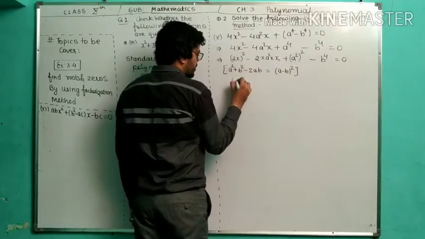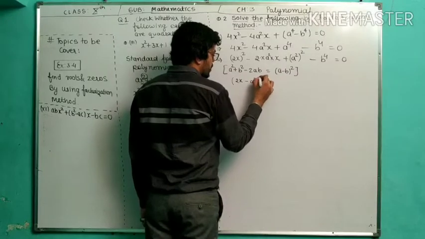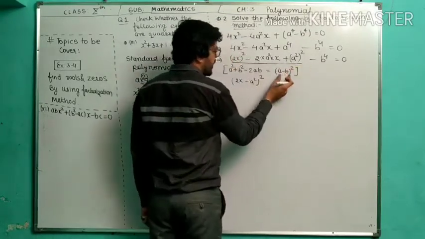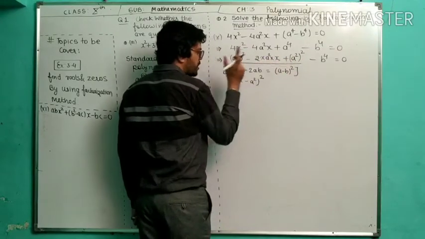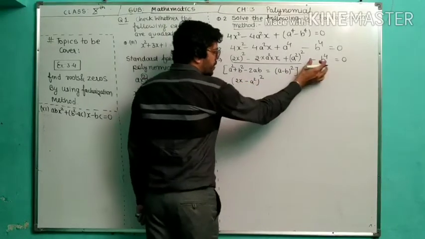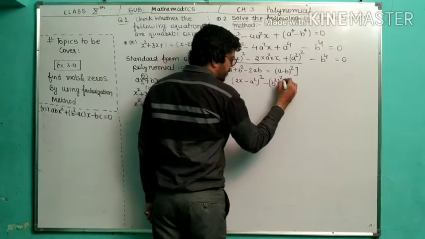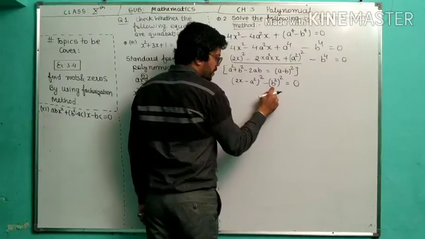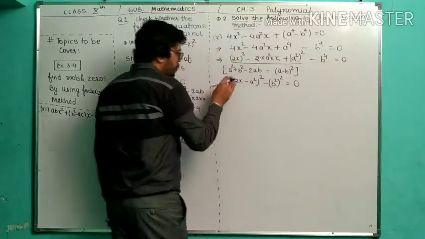So you can say this is (2x − a²), and this is whole square. So this total term is going to be changed in this form, because this is a² + b² − 2ab. So (2x − a²) whole square, and the remaining is − b², and the power 2 we are going to convert. Whatever I wrote here, in terms of b to the power 2 and power 2, 2 into 2 is 4, it will come back. Why did I change this?